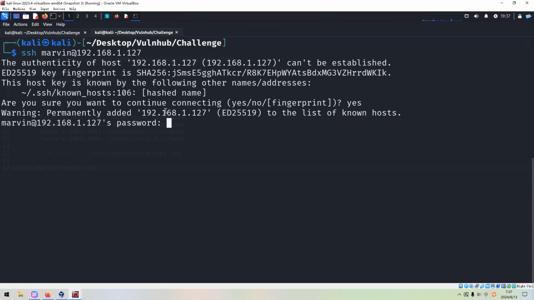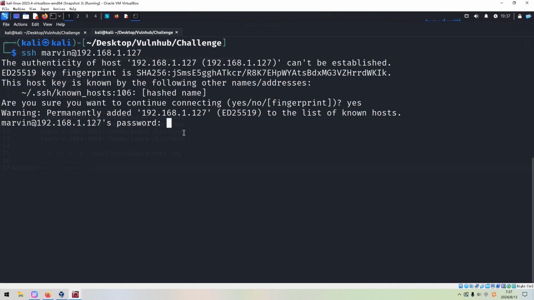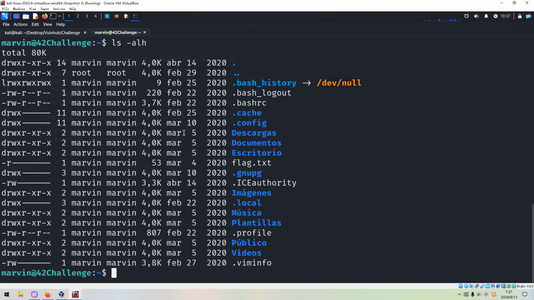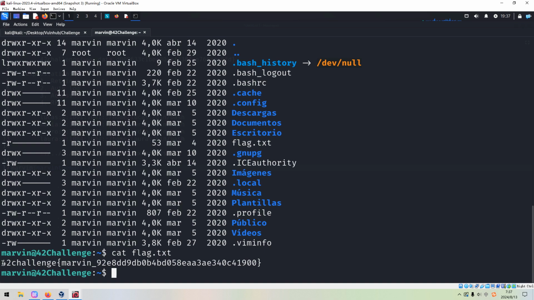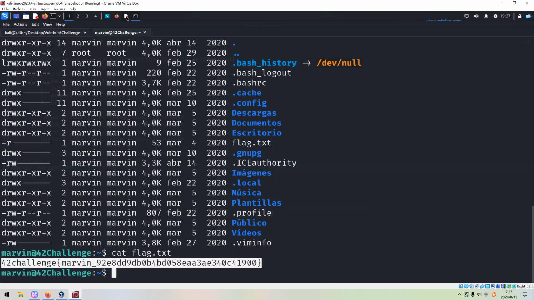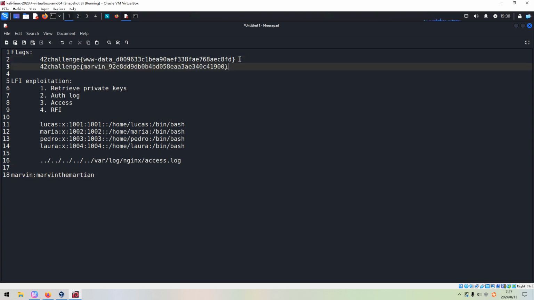Yes, and the password, we can copy it from the notebook. Okay, so I think we can get the next flag. We can copy. So a different user has a corresponding flag which is required to retrieve, right?